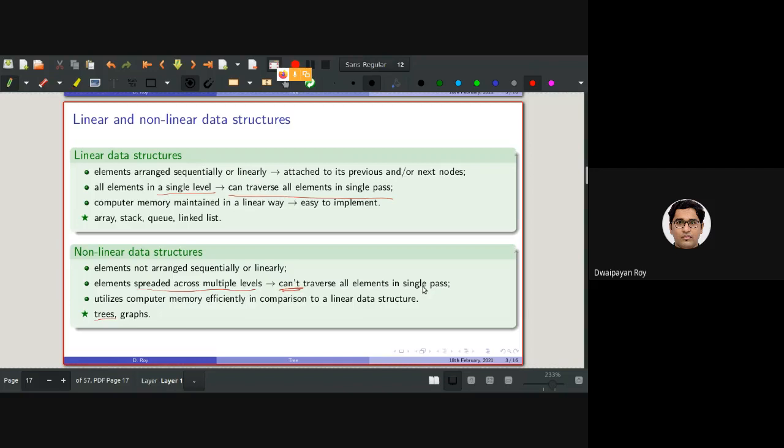There are cases in which we will need to do that, and there are specific algorithms for it as well. But the most important utility of nonlinear data structures is to search for an element, which we will be discussing. In those cases where we need to traverse all elements, we will discuss some algorithms on how to do that too.